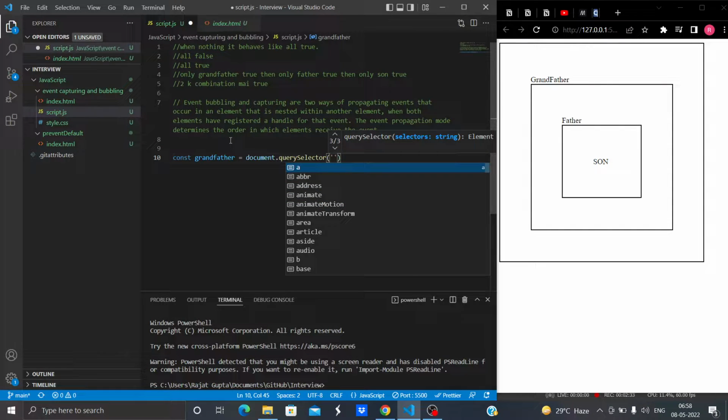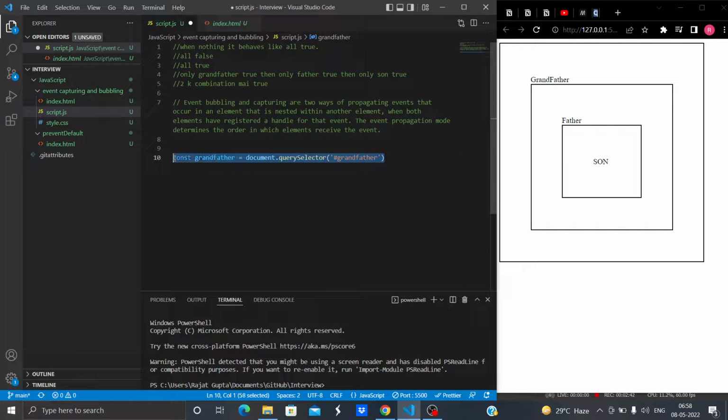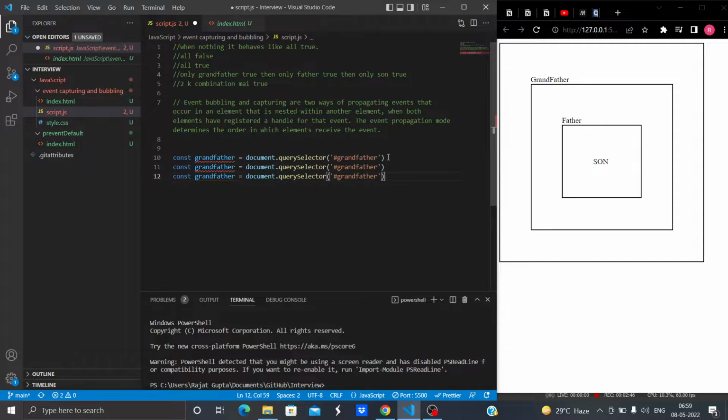We have an id, grandfather. Let me just copy paste this for father and son also. So we'll do father, and here also we'll select the father element, and here I'll select the son element, the div which has the id son. So yeah, they are selected.